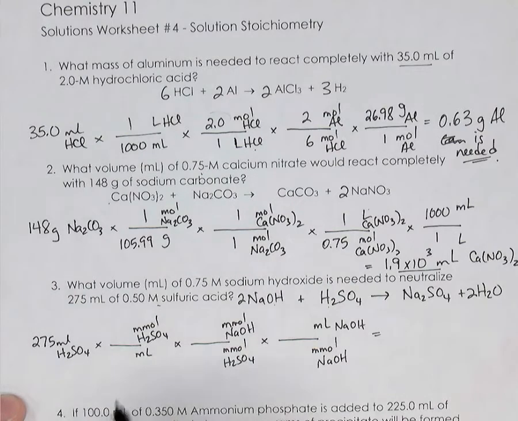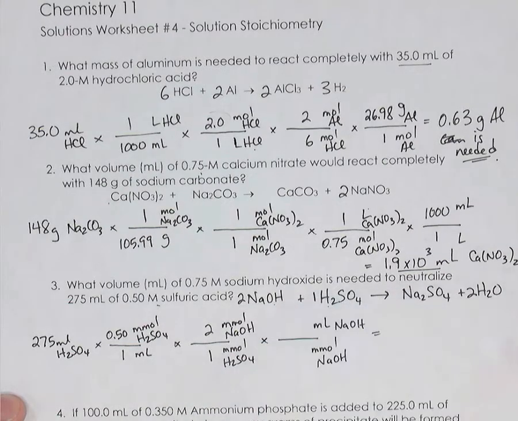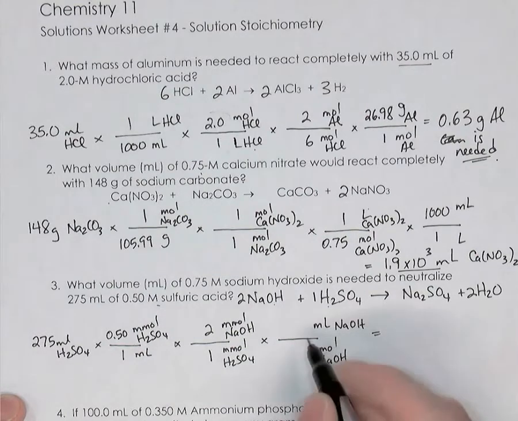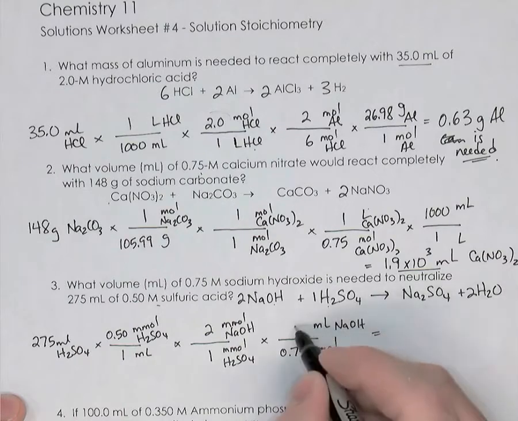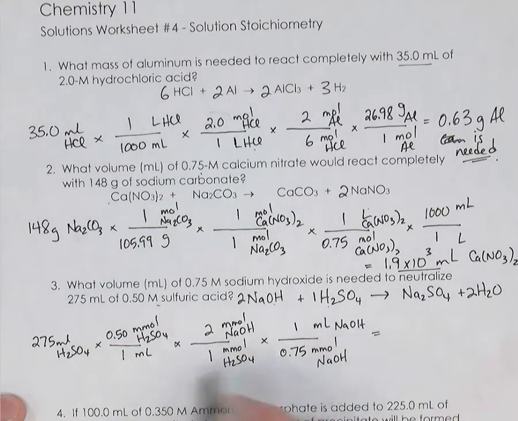So the acid's concentration was 0.50 millimoles for every milliliter. The balanced equation tells me 2 millimoles of the sodium hydroxide will react with 1 millimole of the sulfuric acid, and the base concentration was 0.75